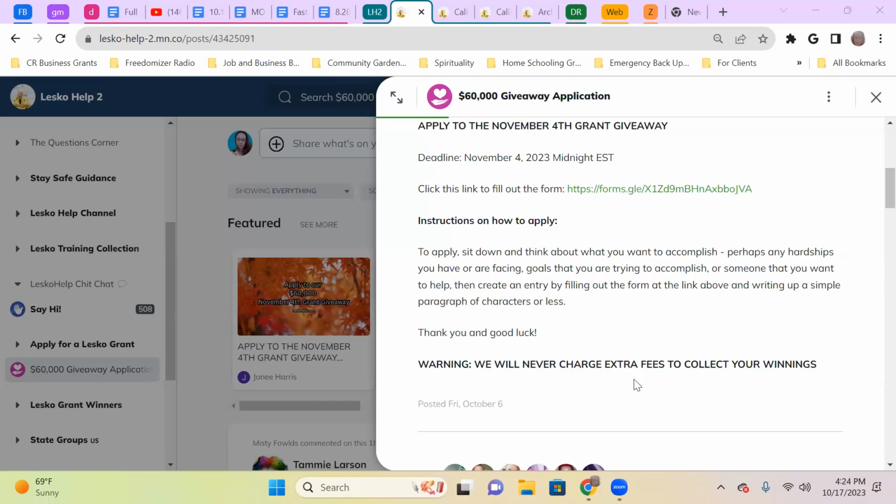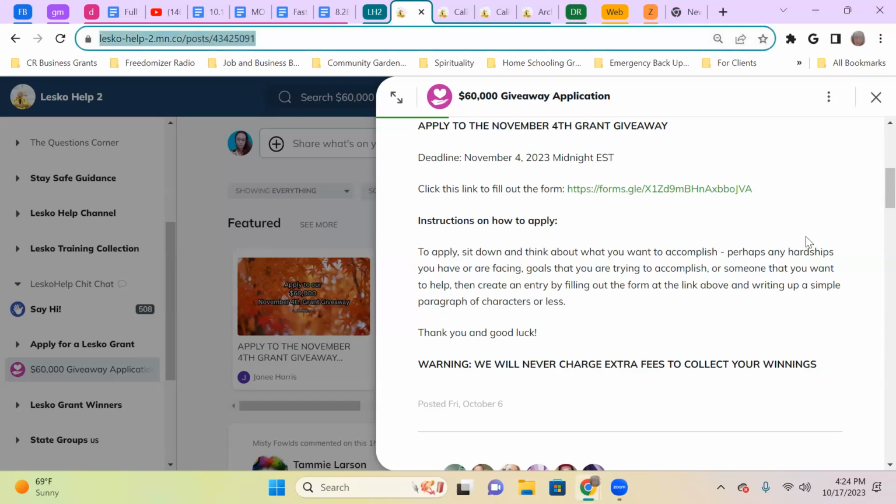That is a scam artist. If someone tells you that you've won, always come in and verify it for yourself. We've had scam artists contact our members who had not won, tell them that they had won, and then put them through the ringer. Always, always, always come in and verify in Let's Go Help, Let's Go Help 2, or through our help desk email,